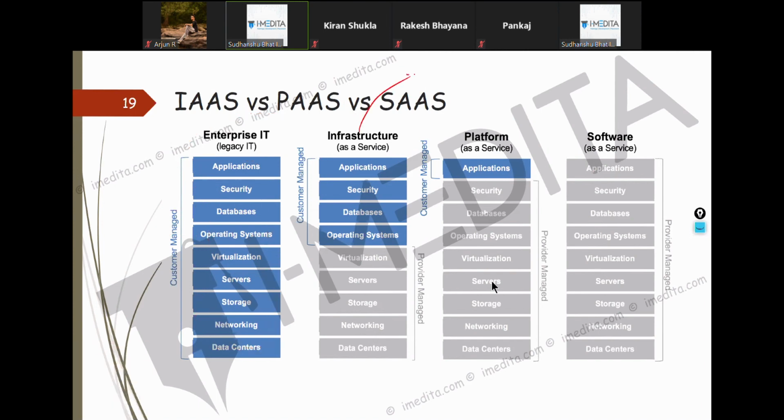Compared to this, you can use AWS, which is both platform as a service as well as infrastructure as a service. Amazon Web Services, if you utilize that, what you can have is this. If you use it as infrastructure as a service, you will not care about what kind of servers, whether they have used Dell servers or HP servers. You don't care. You don't care about the storage. You don't care about the networking, how it is getting connected, up and running data centers and everything. You basically utilize your operating system, Windows, Linux, whatever you need. You deploy all these things.